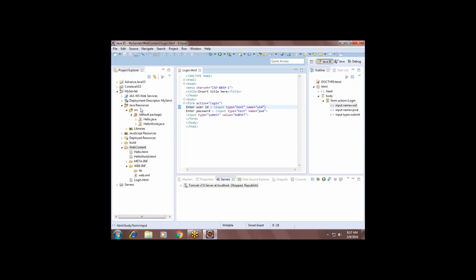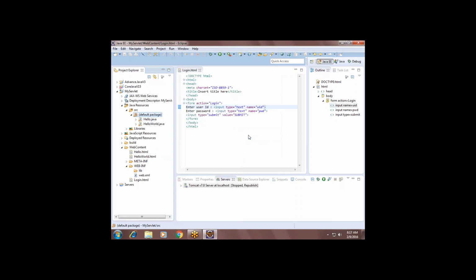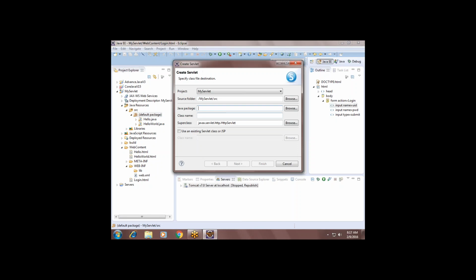Let's directly create a servlet without using web.xml. New servlet. Package no need. Class name I am giving login. The servlet name I am giving login.